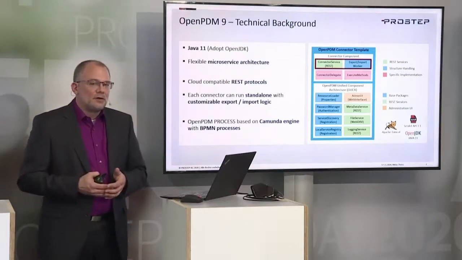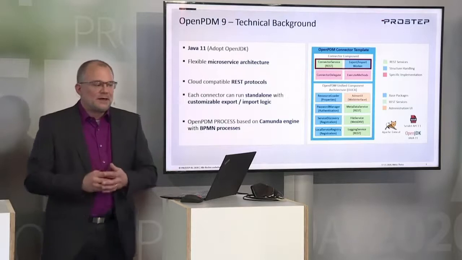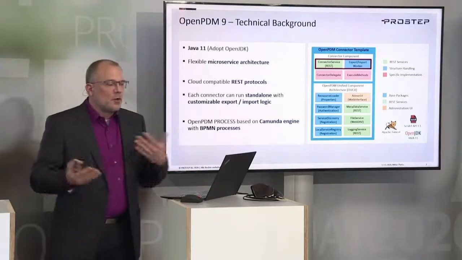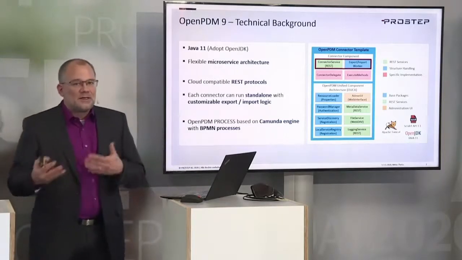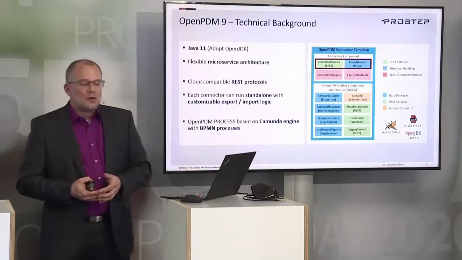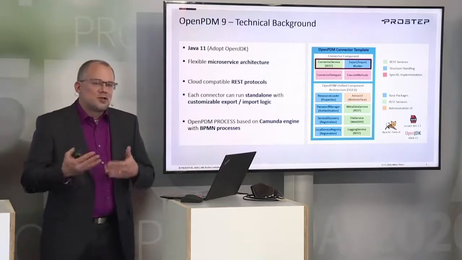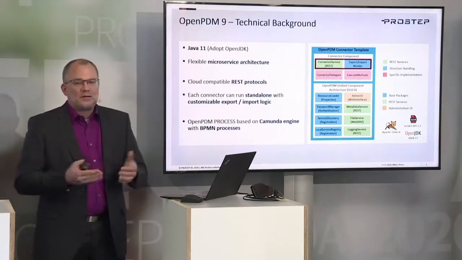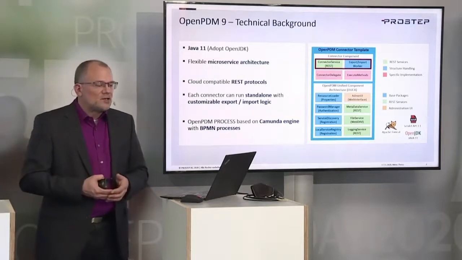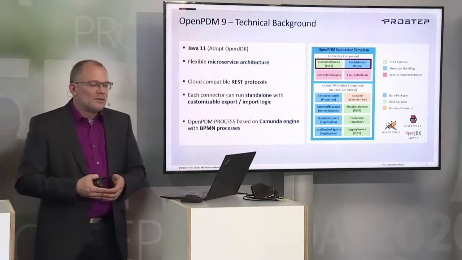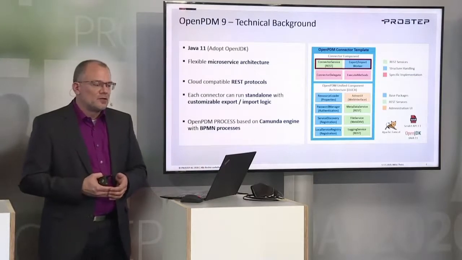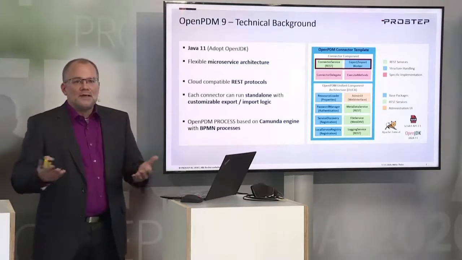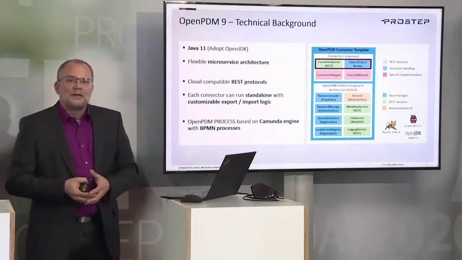Why did we do that? Udo Hering had already introduced that before. We're going to the cloud. You're going to join us going to the cloud, and Corona is actually accelerating that tremendously. We can see that later on in the roadmap, and it's only by breaking down a monolithic architecture in this way into such microservices that we can move to the cloud. I think at this point we have taken exactly the right architectural decision looking at today's requirements. And of course, we're going to support all communication based on REST protocols, as cloud architectures simply require today.